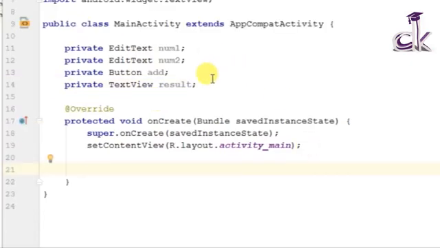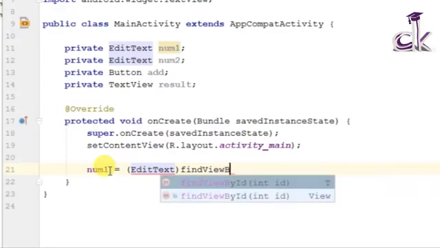Now that we have created our variables, let's assign them to the IDs in the XML layout. So how do you do that? So num1 is our first variable. We need to typecast it with the widget that we have specified earlier, which was EditText. So EditText, and then we need to do a findViewById. So findViewById is a function by Android Studio which lets you reference the XML layout.